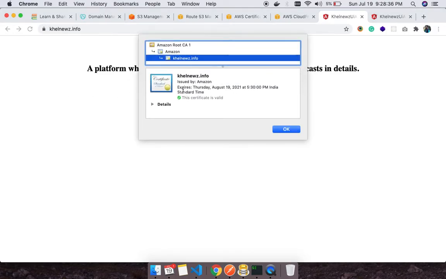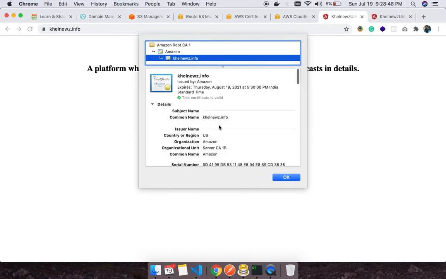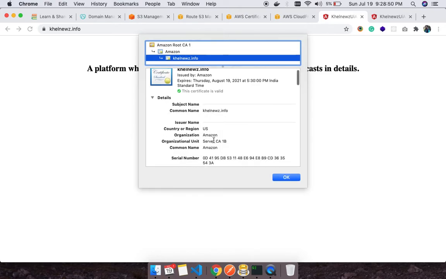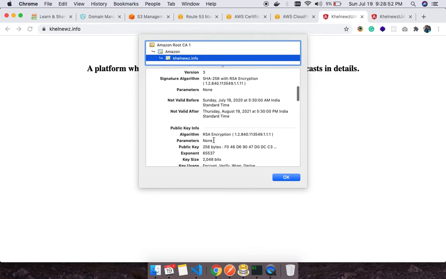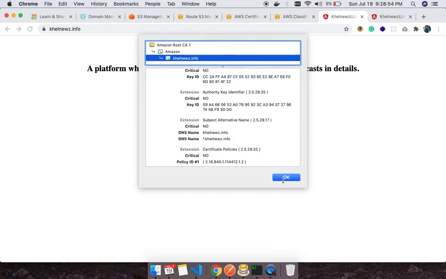Issued by Amazon, expires 19th August 2021. By default it provides this expiration for a year. You can see the details as well: kalenews.info, origin name, etc. All this information you can see here.